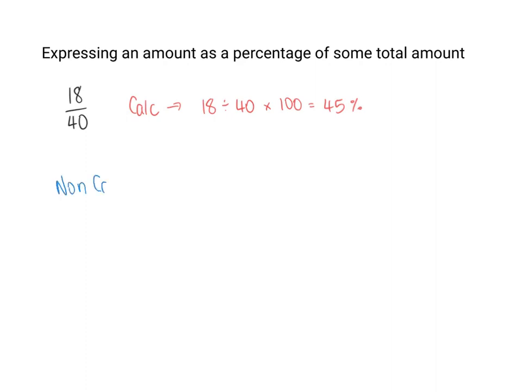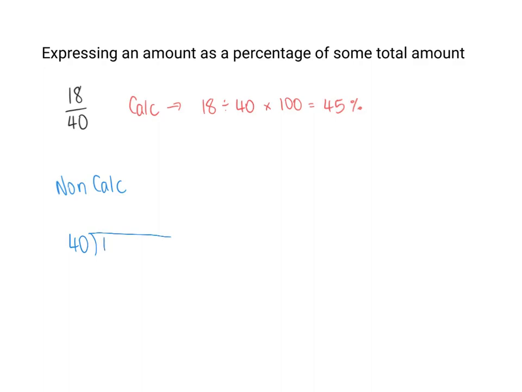They both really do the same thing. One's just, I believe, set out a bit nicer and does the remainders nicer. But it's up to you which one you use. It's your maths. So non-calculator, we set it up and we're doing the 18 divided by 40, which is how